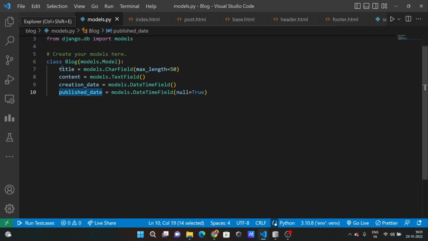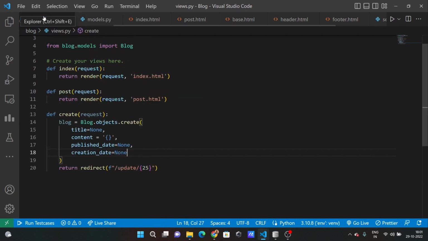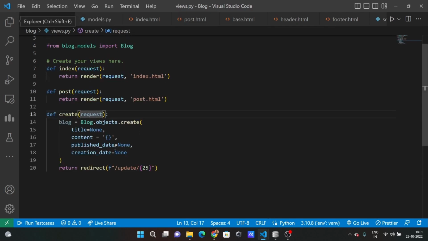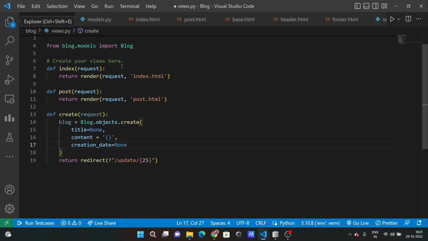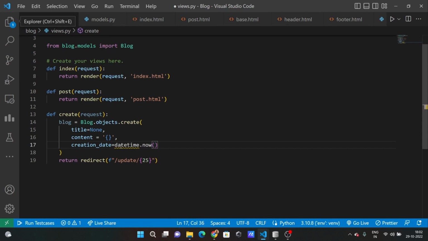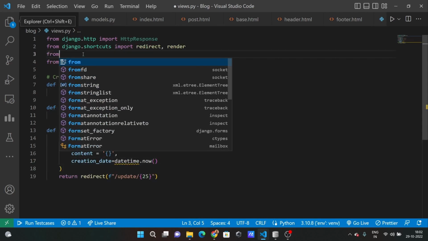As you can see, we have title, content, creation date, and publish date, and we are using the same parameters: title, content, publish date, creation date. But here in publish date, we have null is equal to true. So if you don't pass anything, it will be null automatically. It's assigned as none. So you can just ignore it. So you don't have to pass it here. And creation date should be present date time. So let's give it like this and import it from date time,